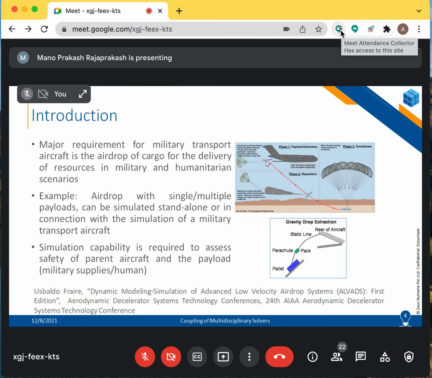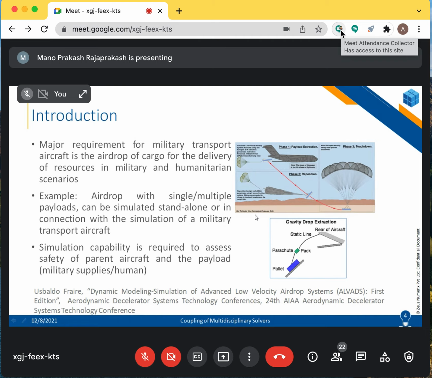Secondly, it is very important to have a simulation structure to understand when to drop your payload, say if this is your target point. Using simulation models, you can simulate different scenarios. So when you drop at a particular speed at a particular altitude, this is where your payload is going to hit the ground. That way you can get an idea. I think it is typically called CEP, circular error probability. So that kind of an approach, that kind of assistance, is what this simulation capability is going to give.